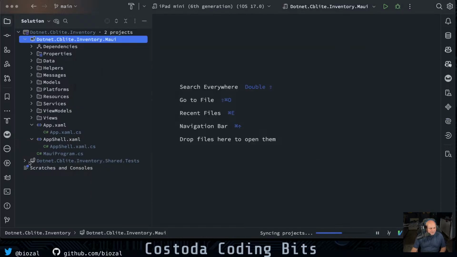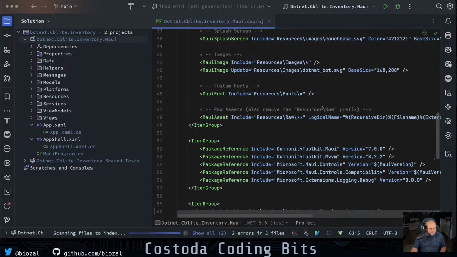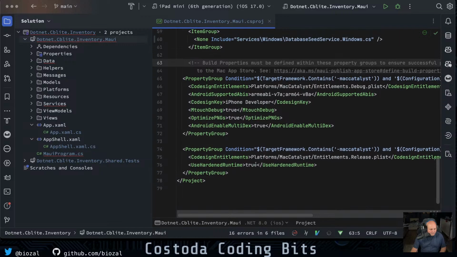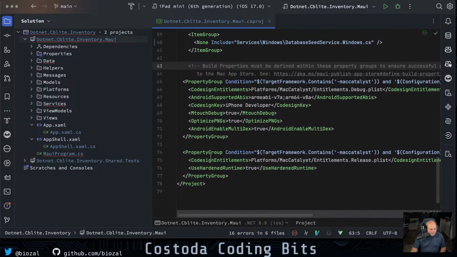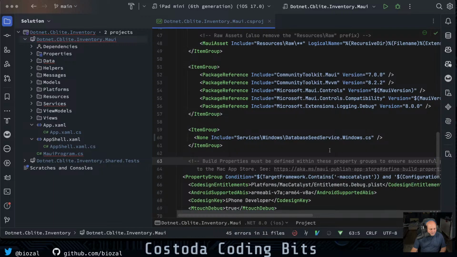Next. We do have to check the CS proj file because I don't trust this. I know that sounds like a jerk thing to say, but I don't trust that it properly removed the reference. So let's just double check here. So here's our catalyst signing. Here's our catalyst setup. Here is,